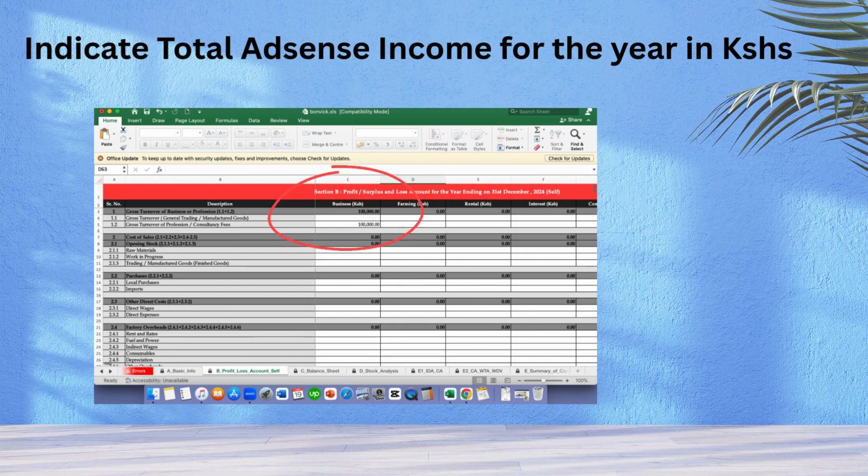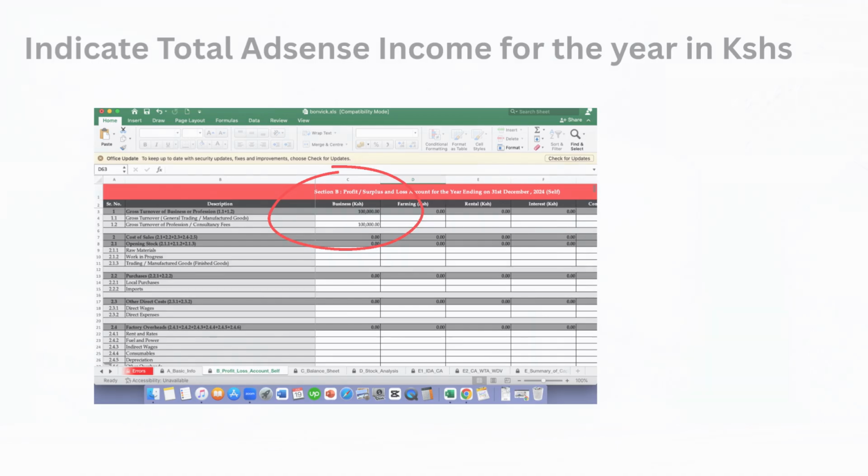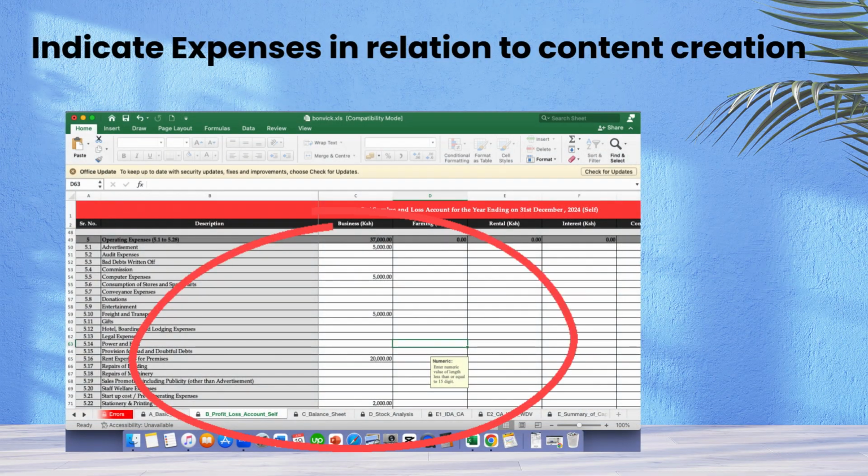put your gross AdSense earnings. Convert your total AdSense income from dollars to Kenya shillings using the CBK exchange rate for that year. If you incurred any expenses while creating content like internet, equipment, editing services, you can deduct them here to reduce